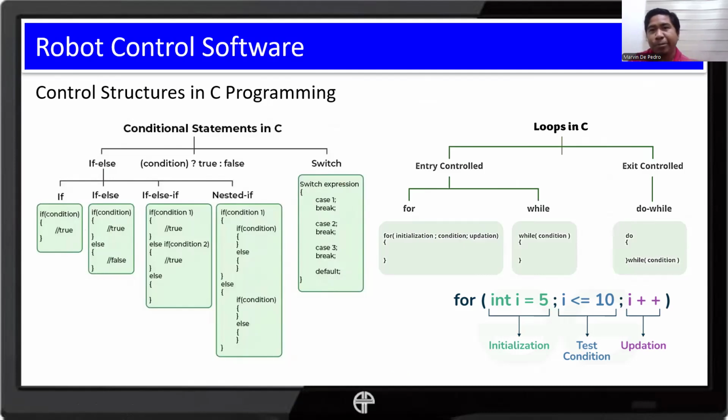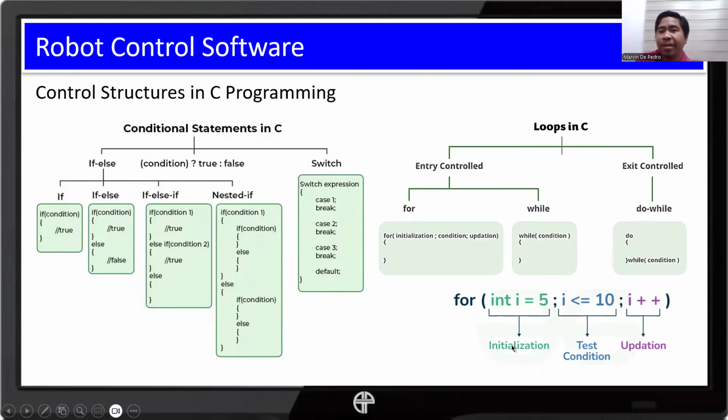With regards to loops, we normally have the entry controlled and the exit controlled. For the entry controlled, our two main options are for and while loop. For the for loop, we normally have this structure, and the first part is for the initialization.